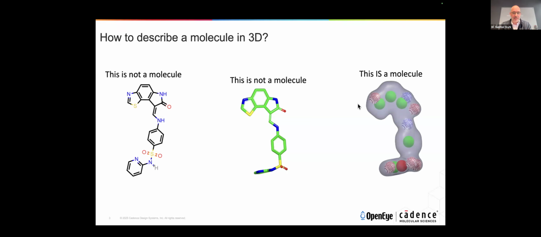And we decorate this 3D shape with either electrostatics, so positive, negative charges, van der Waals interaction surfaces, to make use of the interactions that the protein can see and work with, or as an abstraction, that's what you see here, and that's what we do in our ROCS tool, is we use chemical features to represent those. So the three dots you can see here, the three green dots, are representing obviously the rings of the molecule, with a fourth and a fifth down here. We have acceptors, donors, cations, anions, to represent the features that the molecule exhibits to the protein and can interact